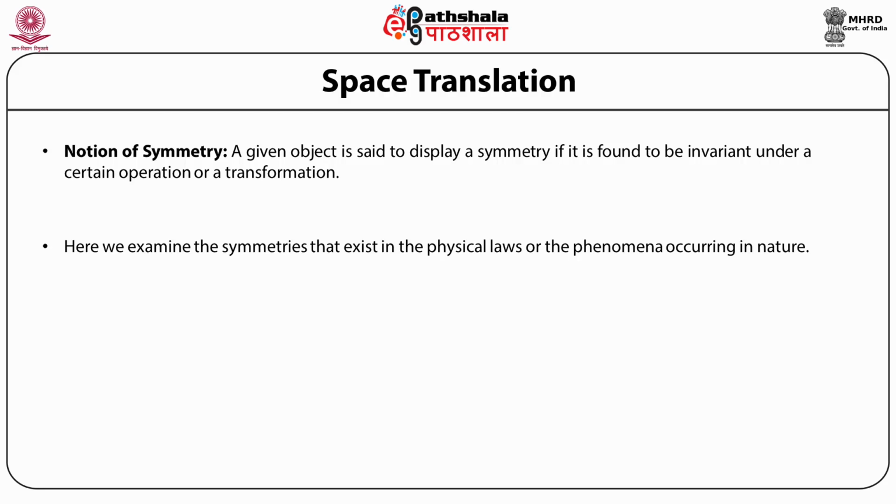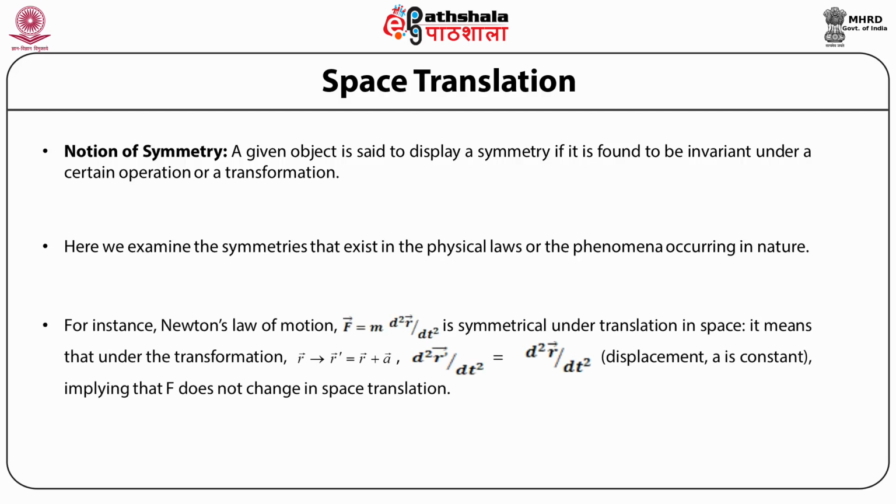So, for example, if we take Newton's laws of motion, then the equation, force is equal to mass times the acceleration, that is the double derivative of the position vector with respect to time, is symmetrical under translation in space. What this means is that if we do a transformation in the position vector where the vector r is transformed to the vector r prime, such that r prime is given by vector r plus vector a, then the corresponding acceleration given by the double derivative of vector r prime with respect to time turns out to be equal to the double derivative with respect to time of the vector r plus vector a,